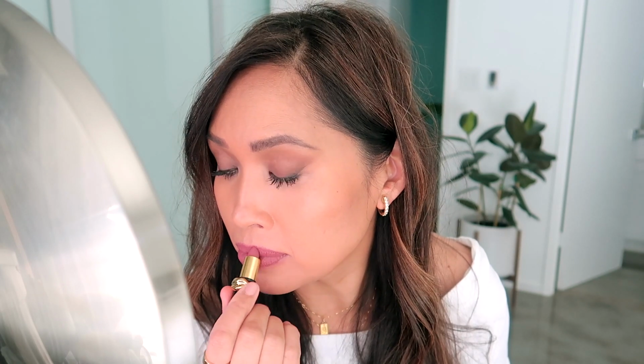It is really, really creamy. As you can see, it just evens out any inconsistency in the natural lip color. Yeah, this one is really beautiful. These were a surprise to me, so I'm really happy I tried them. I also bought the bright ones, but